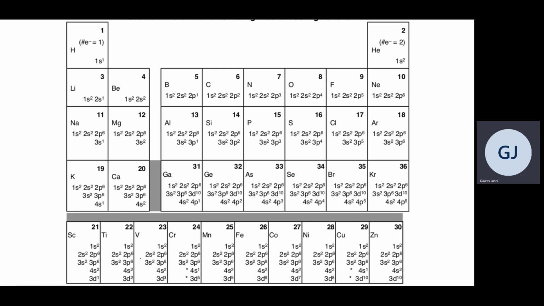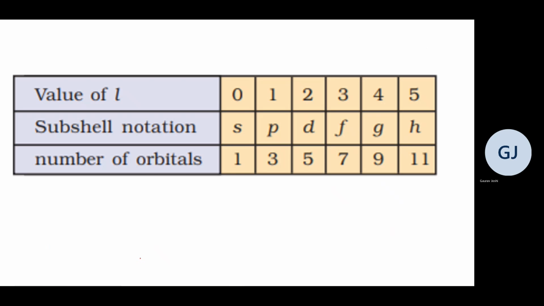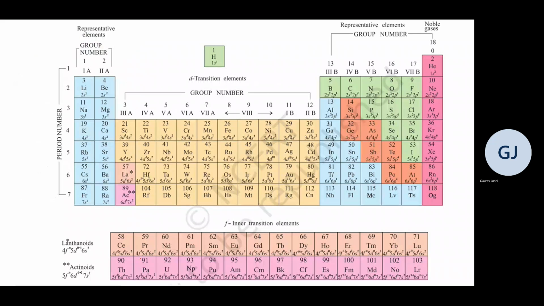So if you look here, see this, calcium, right? The last subshell filled is 4s and hence it belongs to the s block element, right? For example, now we take an example of zinc, right? We can take zinc and say that zinc is a d block element, right?